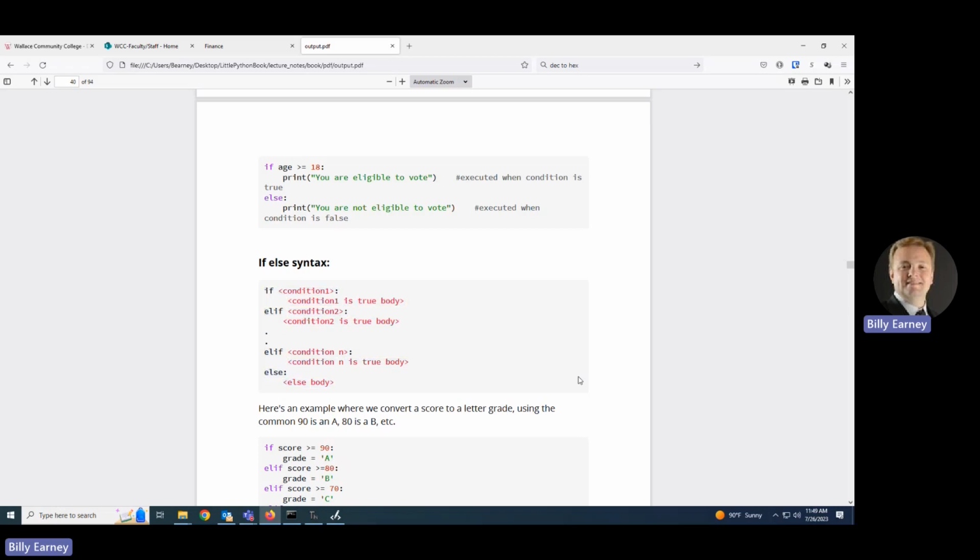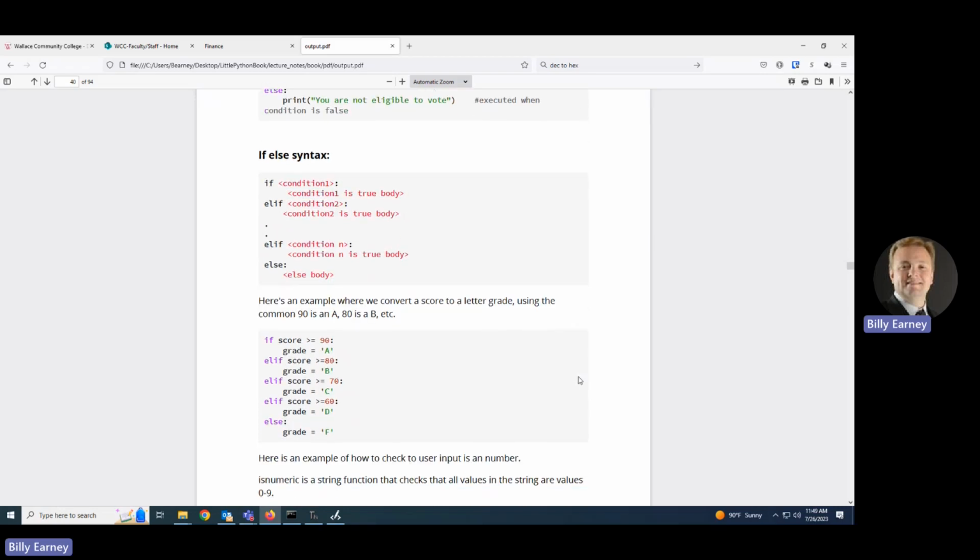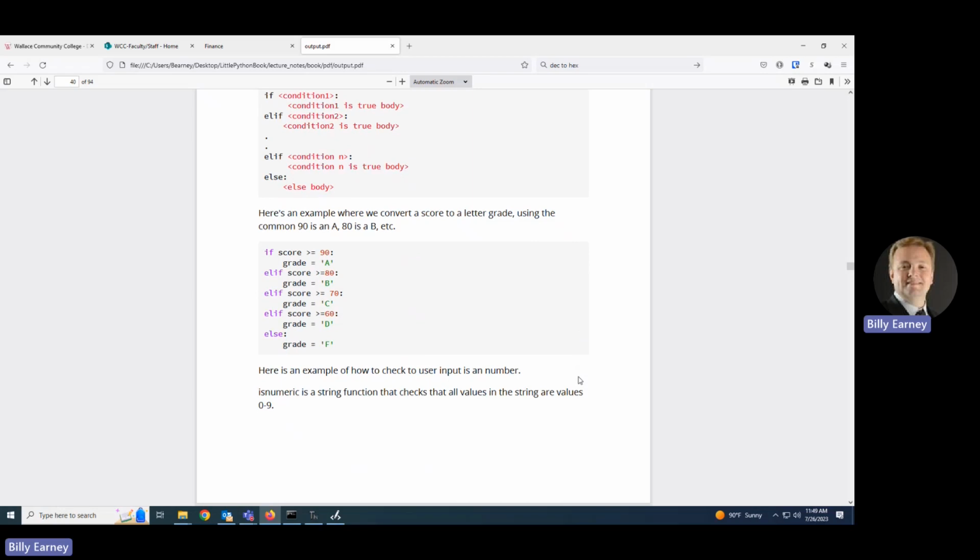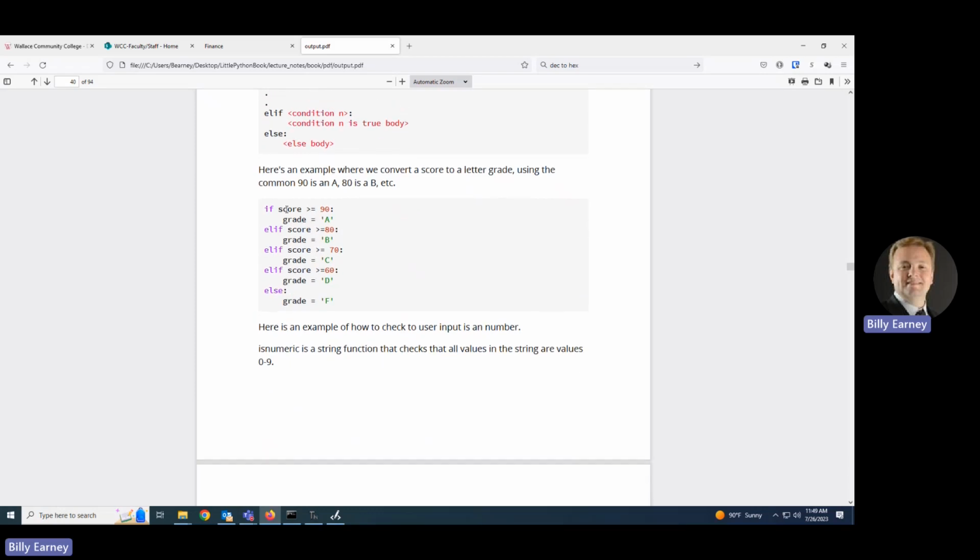So let's look at an example where we want to convert a score to a letter grade. So if a score is greater than or equal to 90, we want grade to equal the letter A. If score is greater than or equal to 80, we want to set the grade equal to B. And so what happens here is, as we go through and we execute it, it finds the first